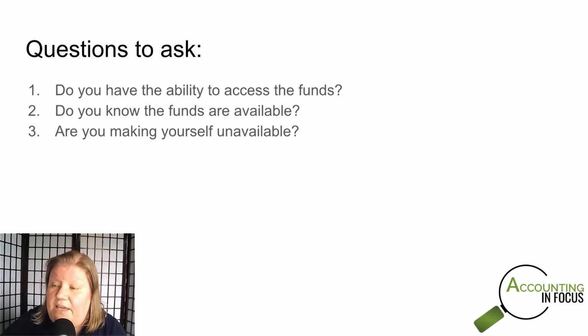And so if you say, I'm not going to check my P.O. box from December 15th until January 2nd because there could be money in there, and I don't want to receive that money, the IRS is not going to go for that argument. If you go to the bank, or if you go to the P.O. box 3 times a week all year long, except the last 2 weeks in December, then you're probably going to have an issue. Okay. So do you have the ability to access the funds? Do you know the funds are available, and are you making yourself unavailable intentionally?